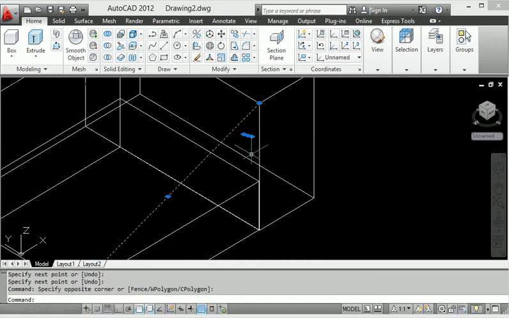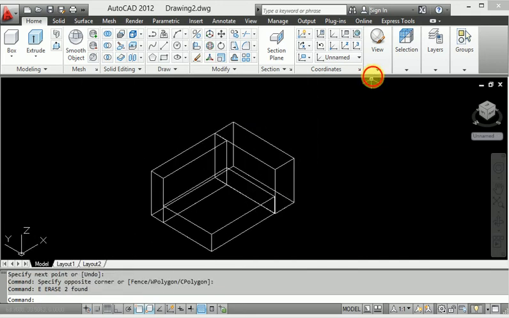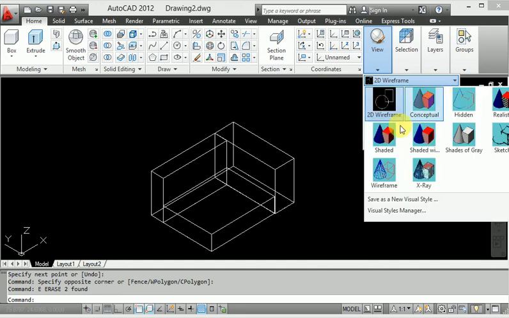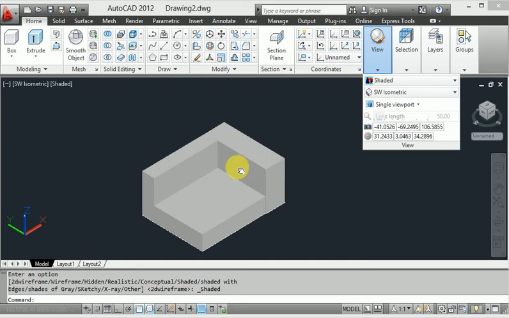So I will select this one and remove it. When I use the visual style, I enter the visual style and apply this one.